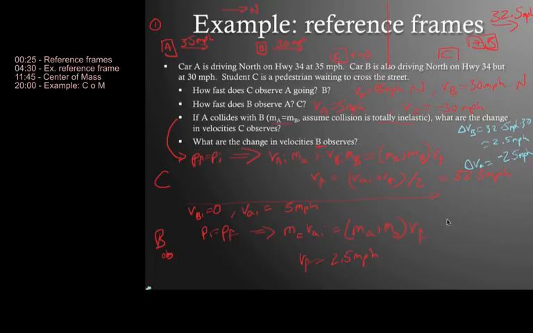In the case where B is the observer, delta V_B is final, so that's 2.5, minus initial, so that's 2.5 miles per hour. Delta V_A is going to be minus 2.5 miles per hour. So what we have here is that our delta V's, or in other words, our delta P's, stay the same regardless of which frame we're in. And that's where all the physics comes into play.